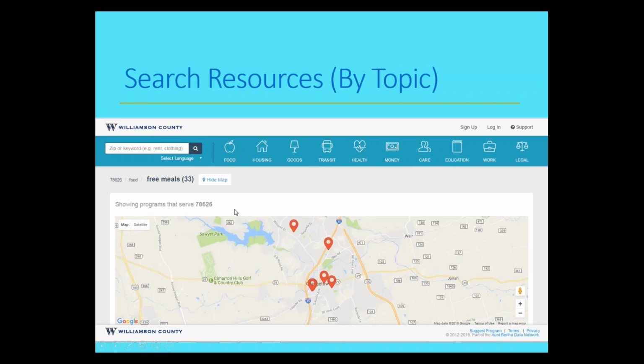And this is what will pop up. First of all, you can see this map right here and what programs serve 78626. It'll show you the different locations within Williamson County, and in the right-hand corner you can zoom in or zoom out. You can also hide the map if it's in the way. Whenever you search for resources, the first thing that will pop up is the map, and it's a great way to show you where the different